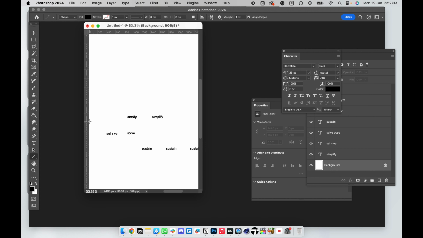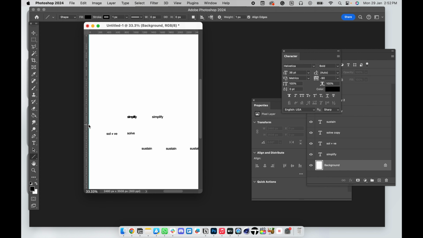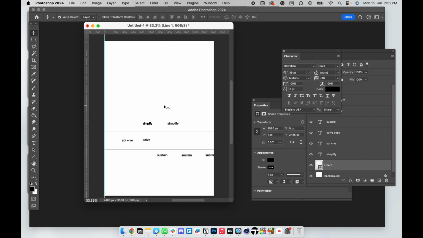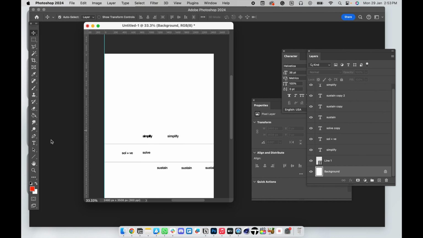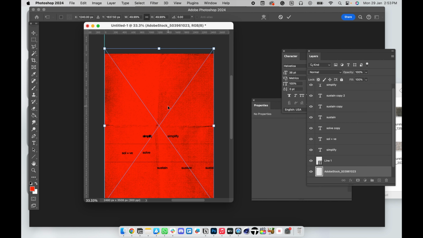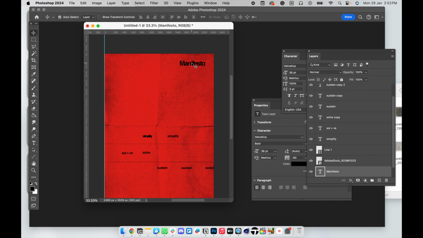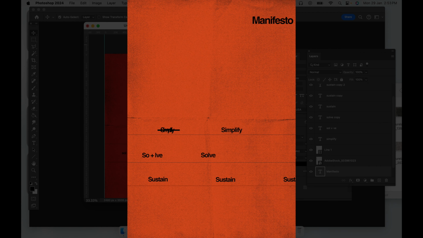So I'm going to take a line and add a stroke right here. There we go. We have a solution which actually does justice to what the content says: simplify, solve, and